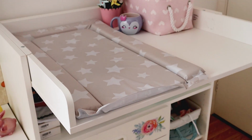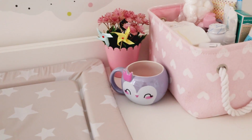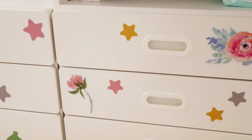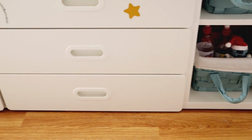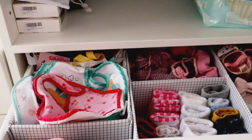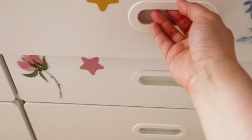So it's not just an amazing changing table for me. It has 4 drawers. It has spaces on the side for me to save things. It has a gap underneath the actual changing table area where I used to store all of our diapers. But also, when Andromeda is a little bit older and she will need a play table, we'll just drop that down. We'll lose that space where we store our diapers right now, but it will be a play table for her to draw, and then later on we'll just lift it back up to the table and put a chair